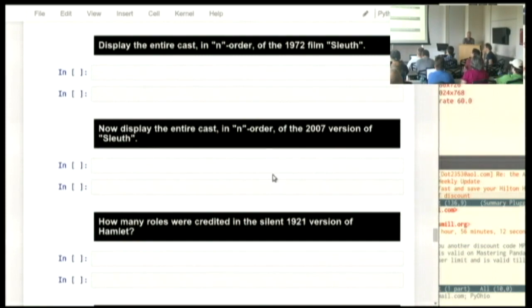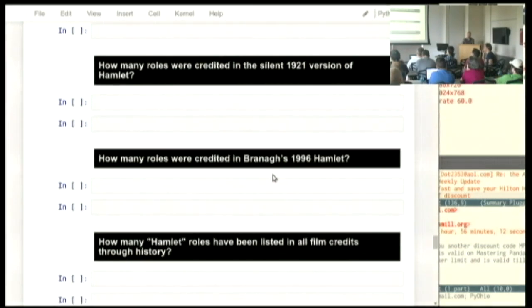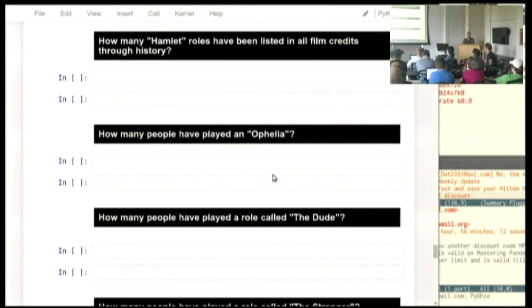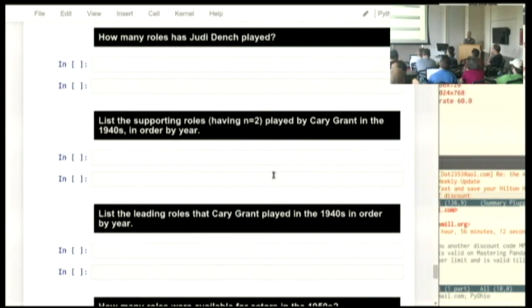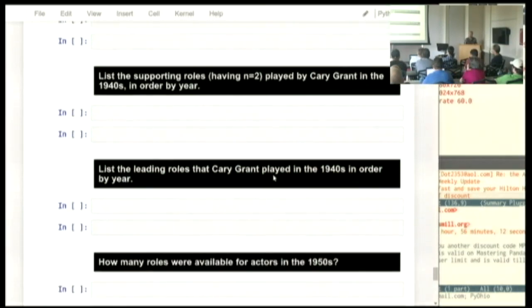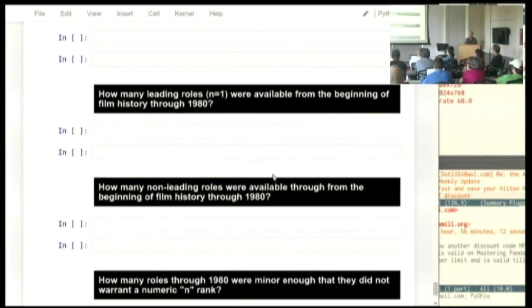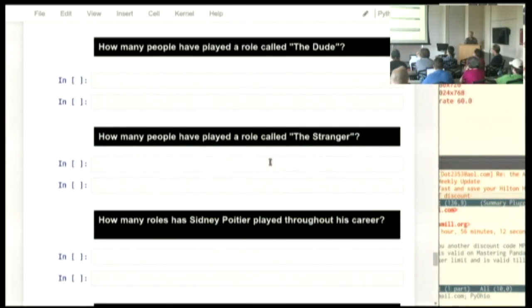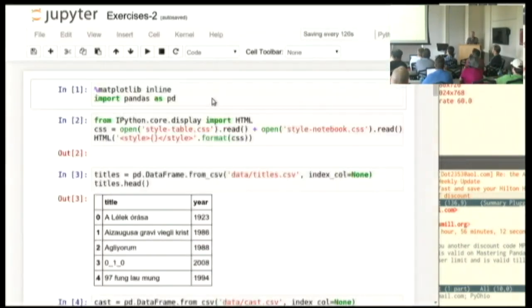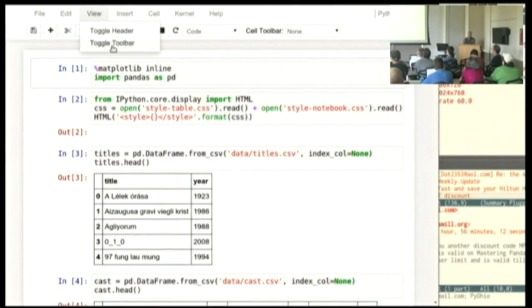And so given those operations, you could go through fairly easily, I think, the rest of these exercises. They'll just have you do those same basic operations: filtering, sorting, and then either taking the number of rows or showing the head or the tail to answer all of these questions about movies, actors, actresses, and how many times they've appeared in different films. For the moment, in the interest of time, I will now have only a few minutes each to give you a brief introduction to the other notebooks and show you what they're each about.